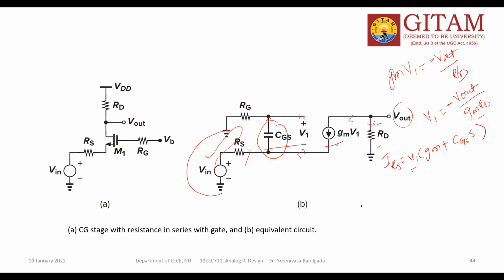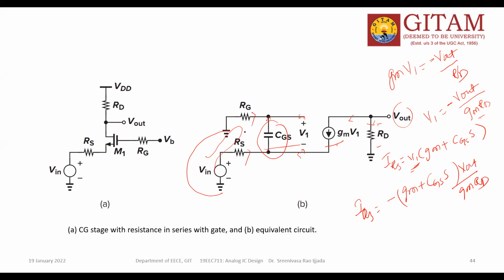So now this is the V1 value, you can substitute. So IRS is equal to minus, gm plus CGS into s, Vout by gm into RD. Got my point? I substituted this V1 value in here, then I got this equation for the current through the RS value. Then